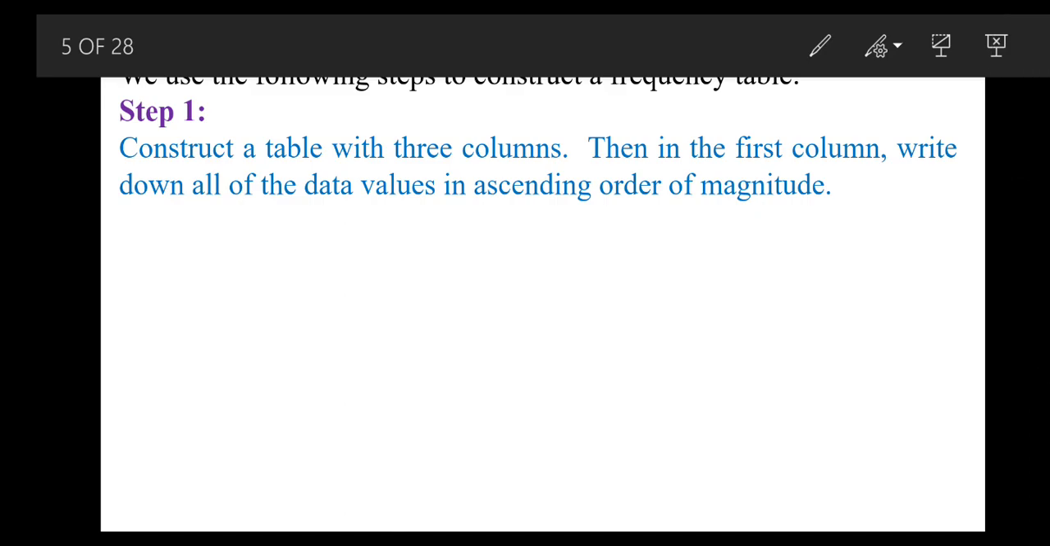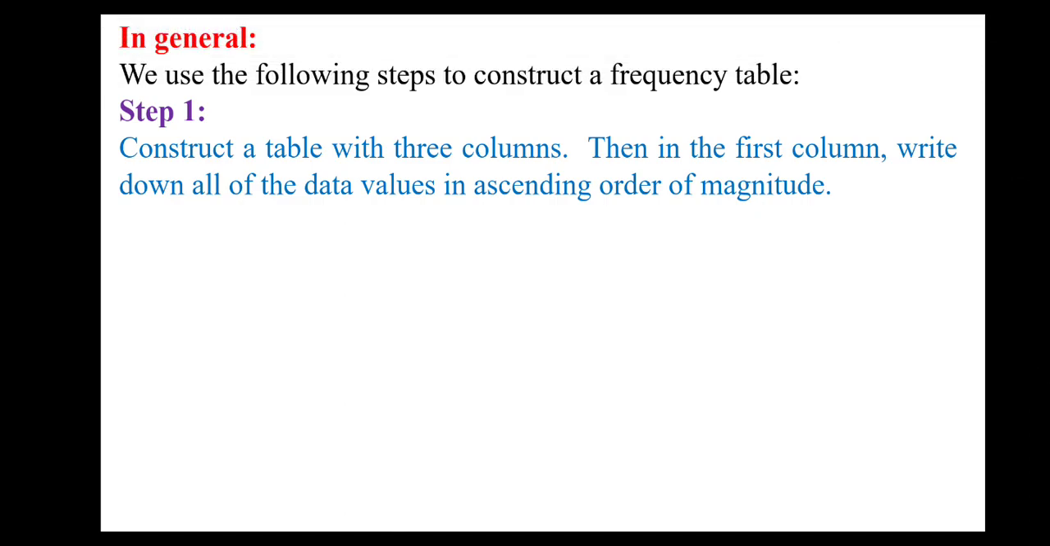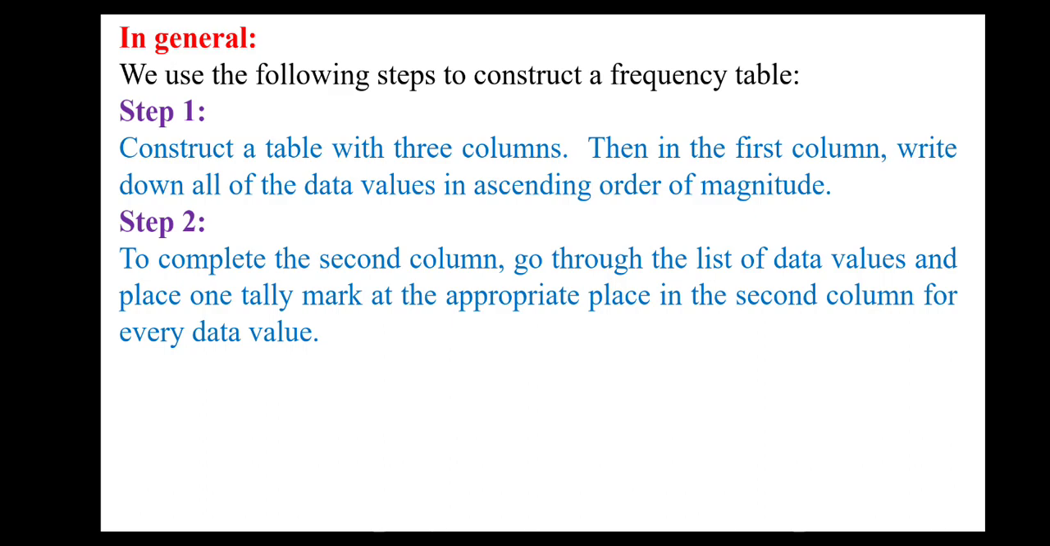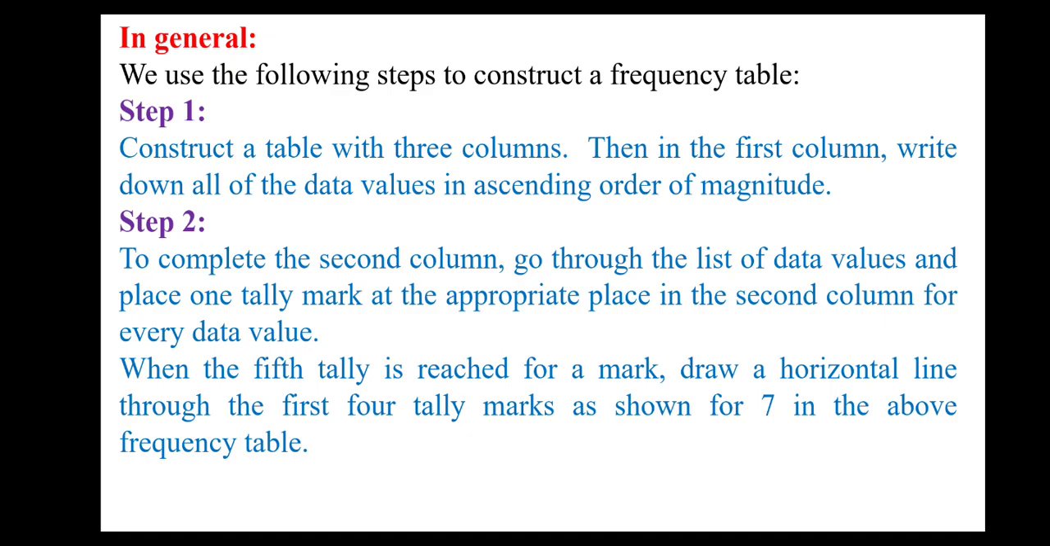Step 1 we explained. Step 2 we are going to study now. In the second column, go through the list of data values and place one tally mark at the appropriate place, for every data value. Then when the fifth tally is reached, as I explained, 4 vertical lines, the fifth time you have to put the cross line. When you reach a fifth mark, draw a horizontal line through the first 4 tally marks as shown